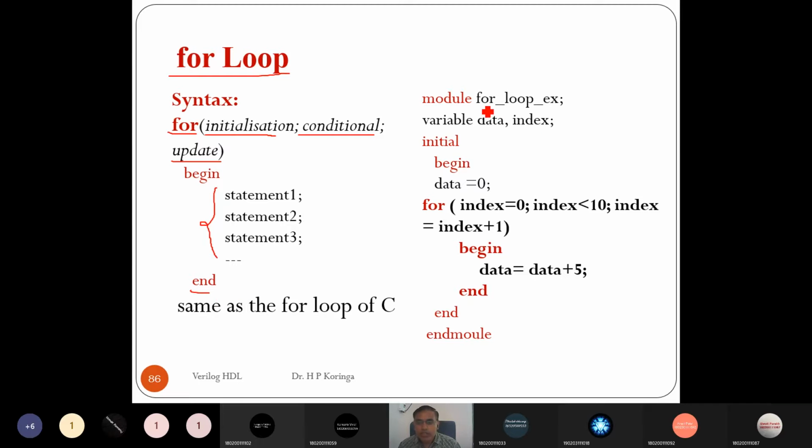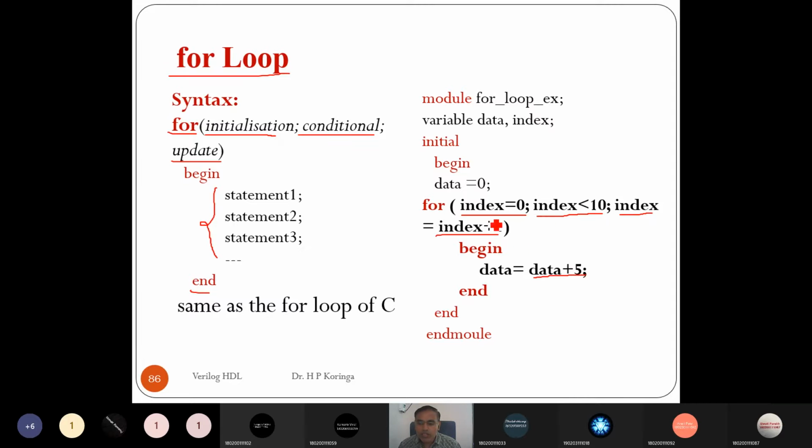Let's take an example to understand the for loop. Let's initialize index to 0, then we run until the index is less than 10, with the index incremented by 1, and data is equal to data plus 5.